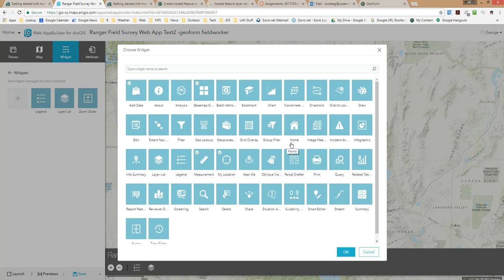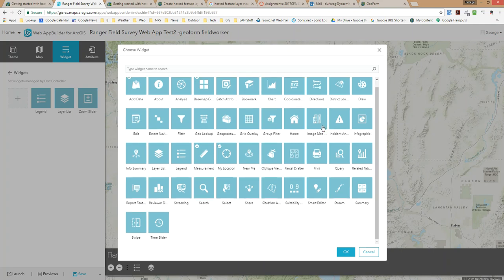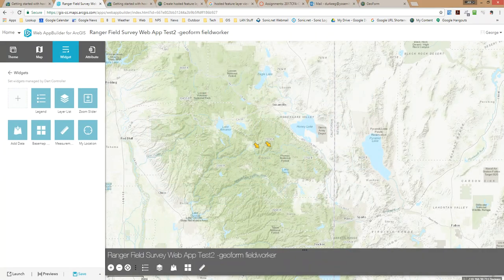But again, it's stuff that you want to fool around with and familiarize yourselves with the capabilities that are available, the different widgets. So let's go OK. So notice they all show up down here. The most interesting one